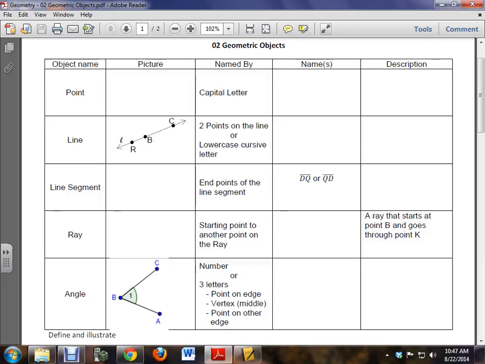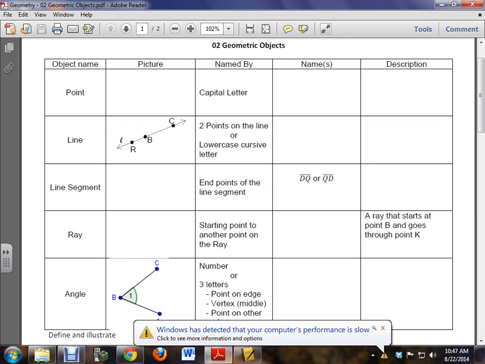Hey guys, today we started dealing with naming and drawing of geometric objects. We're going to talk about those right now and fill in the table. You should have a copy of this available on the blog, so you could go ahead and download it and fill it in. The first object that we're going to talk about is a point,